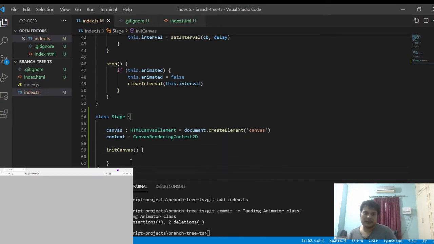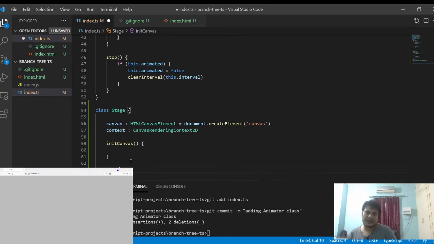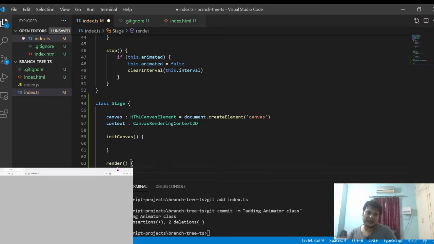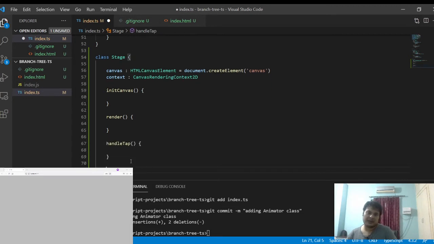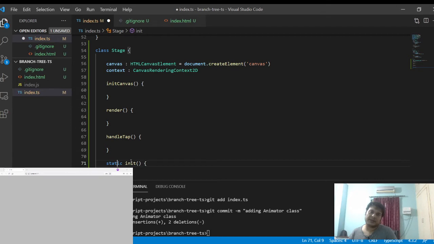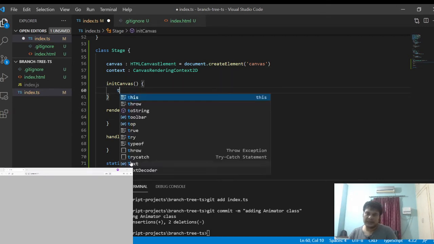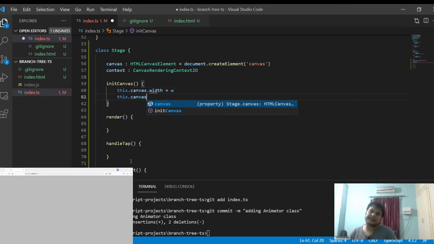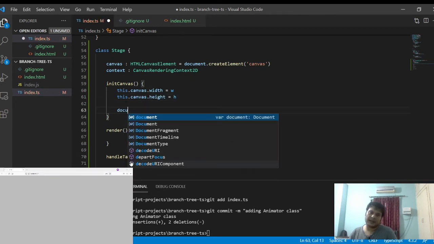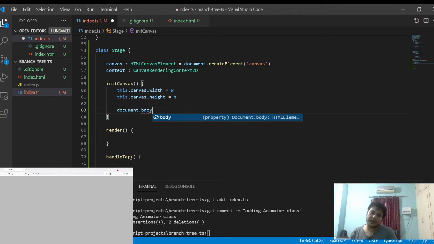So we'll have some methods. First one is init canvas, second one is render, third one is handle tab, the fourth one is static init. This will be a static thing from which we'll create an object of stage. First in init canvas, we'll set the width and height of the canvas, and we'll add the canvas to the body.